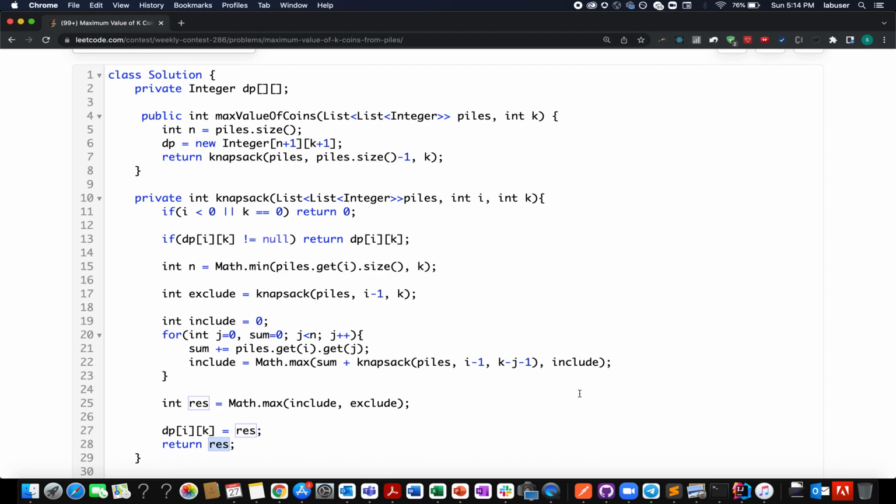I'm attaching the solution to the knapsack problem in general, and I really hope, if you are unable to understand what I am doing here, this is the exact same steps as knapsack. Do give that video a shot and then come back to this problem.